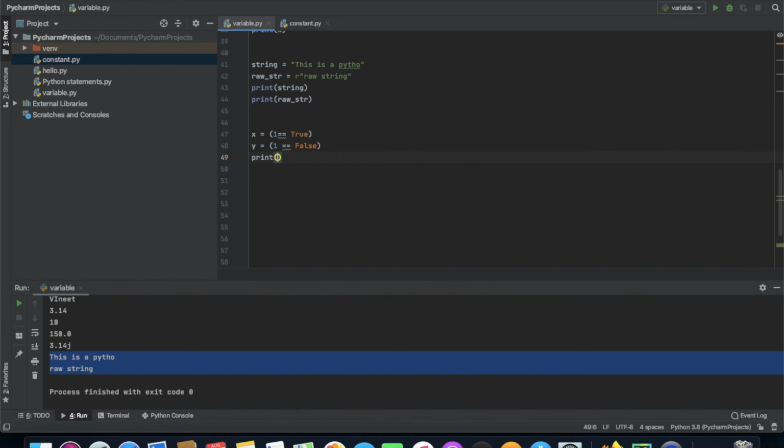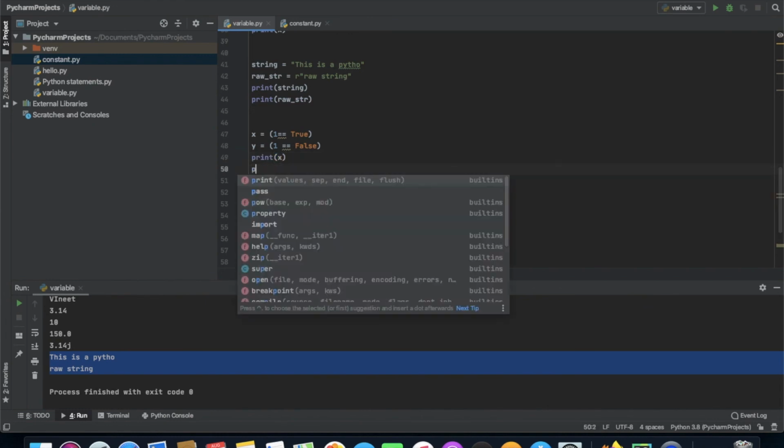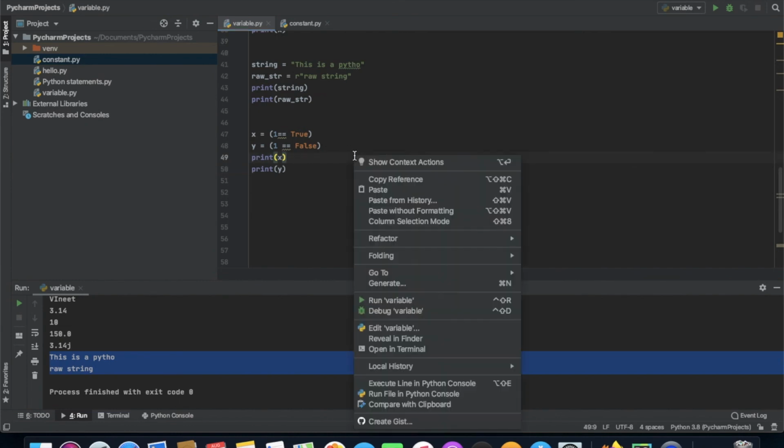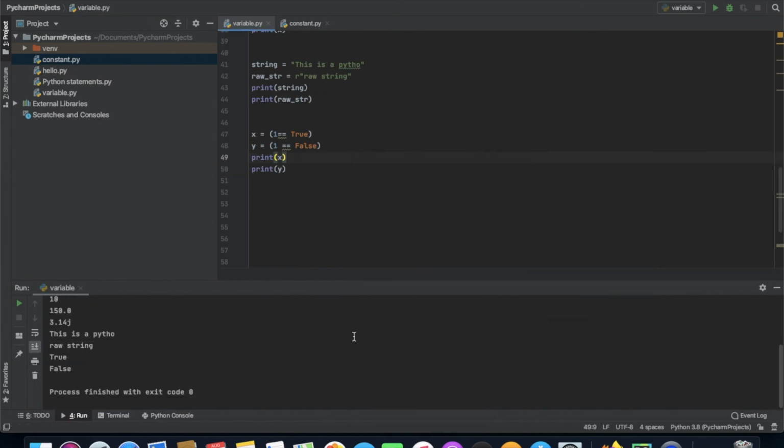So print x and print y. Now we will be running this. So as you can see, True and False. So these are the Boolean literals. There is nothing much to tell you about Boolean literals.